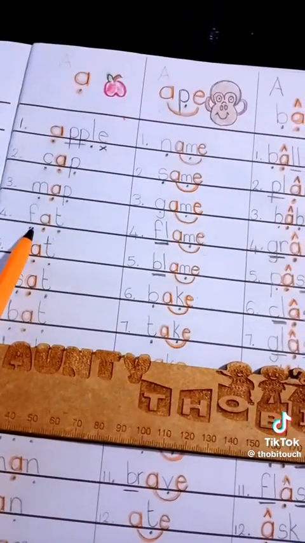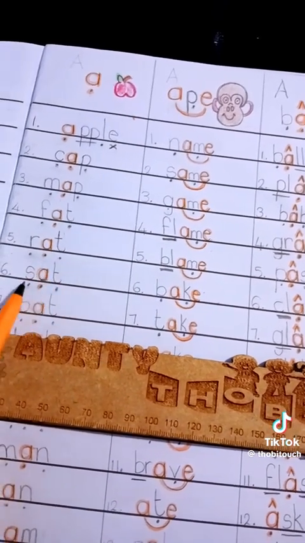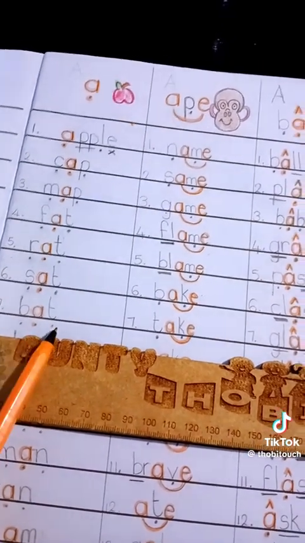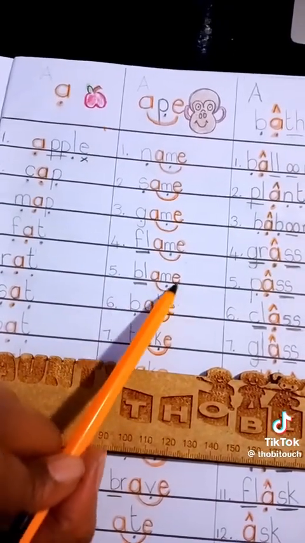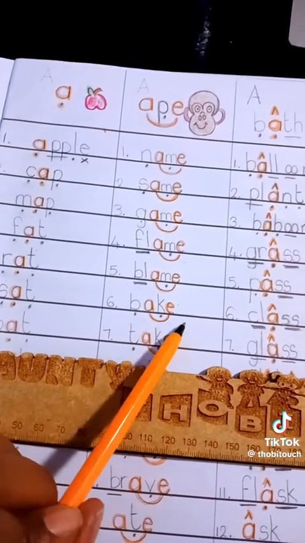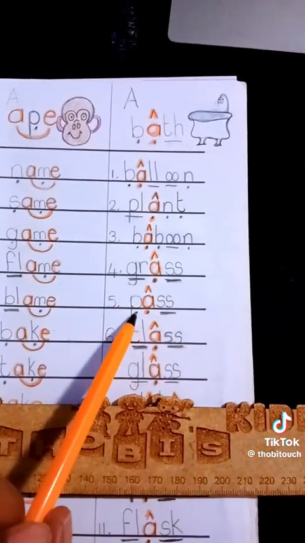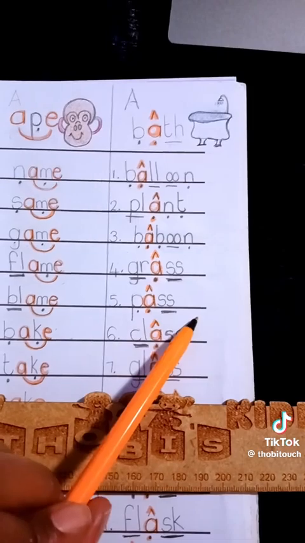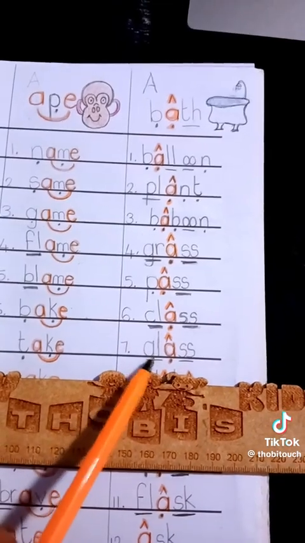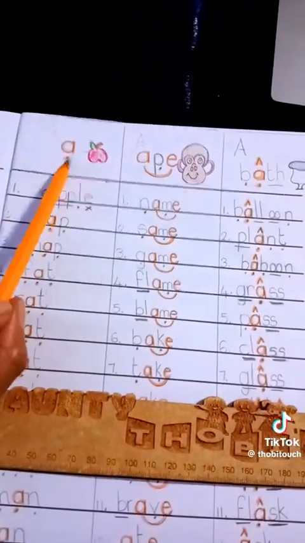Okay, let's look at fat, rat, sat, bat, blame, bake, take, pass, class, glass. Okay, so remember, A